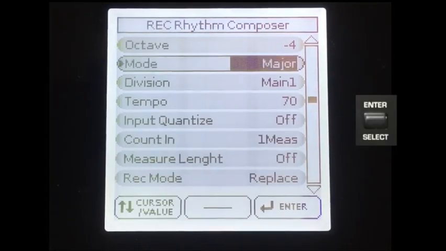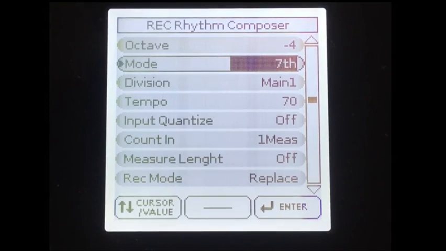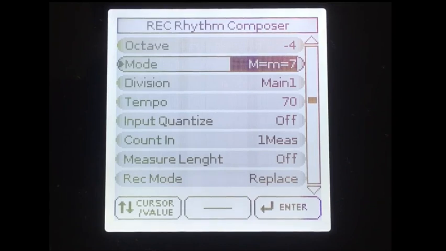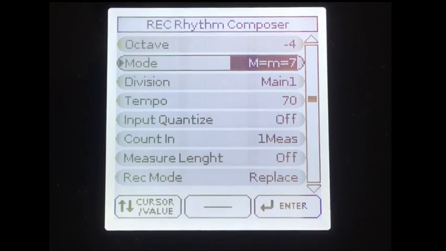This is a mode option. We can select which chord variation we need, major, minor or seventh. We have other options also. The same patterns will be applied to major and minor chords, major and seventh chords, minor and seventh chords. This is a good option to record the same patterns for major, minor and seventh chord variations.